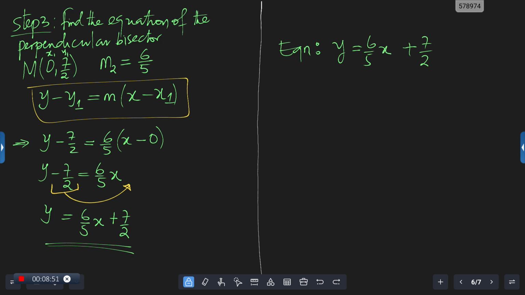Now this equation can be reorganized in many ways. All right, we can have it in the general form, we can have it in the slope-intercept form, we could have it in other ways we want to. We can remove the denominators or the fractions. It's totally left to us. All right,